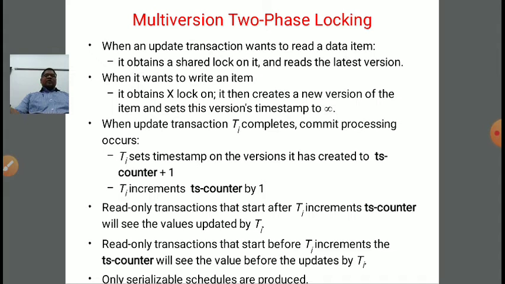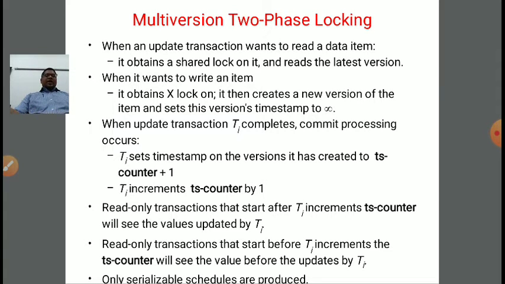Now when it wants to write an item, then for writing we require an exclusive lock on the data item. It then creates a new version of the item and sets the version's timestamp to infinity.